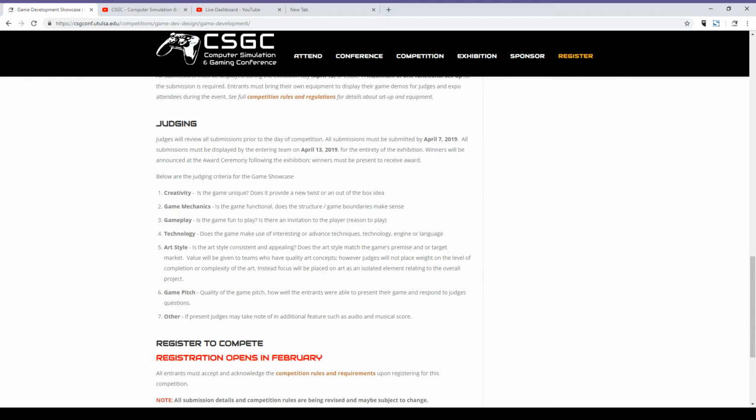Creativity is the big part of any of the judging that we do, and depending on the competition, we're looking at different things. In the game development showcase, game mechanics and gameplay are important. Do you have a functional game? Does it work well? Is there challenge? Is there an incentive for the player to play?